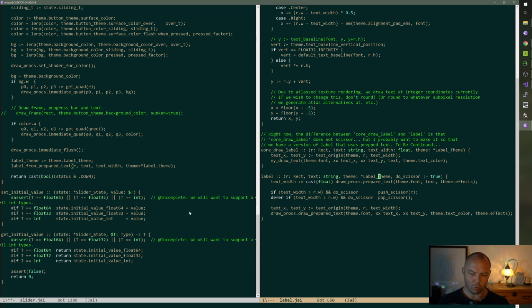And you noticed before we weren't scissoring when we moved the text outside the button. Maybe we should do that. But the interesting thing about that is if you scissor and you make a layout mistake, the scissor may make it much harder to debug your layout mistake, right? So maybe we shouldn't by default. I don't know. Anyway,